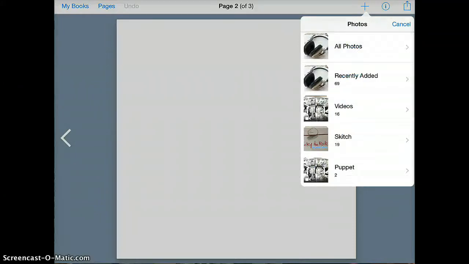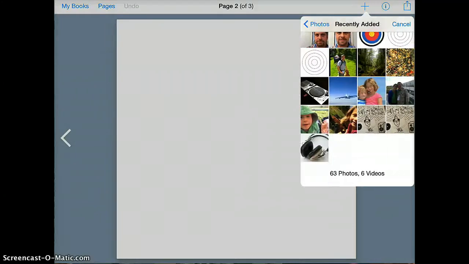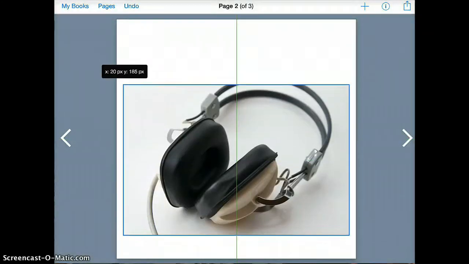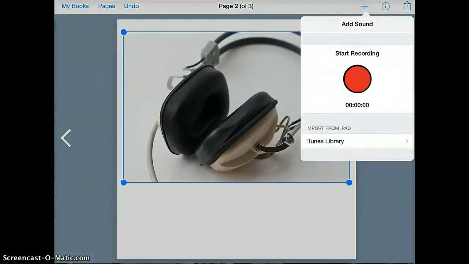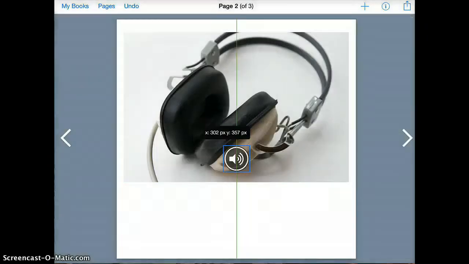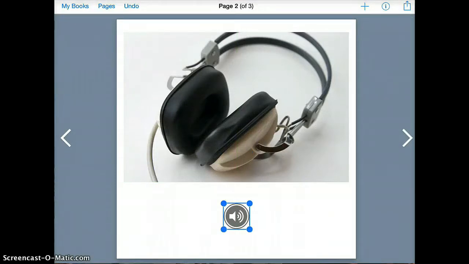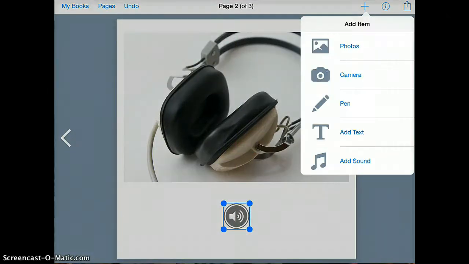process. The photo should be right there in my recently added photos. I can move it wherever I want. Add some sound of me reading that page like so. Plop that icon right where it goes. And this page is ready to rock. Again, if I want to type the text of each page, I would just go to Add Text,